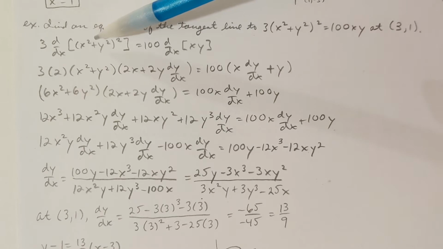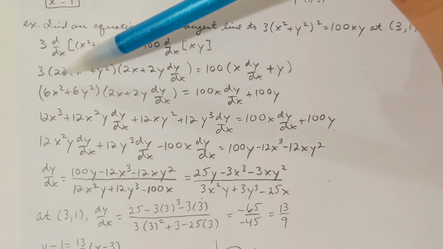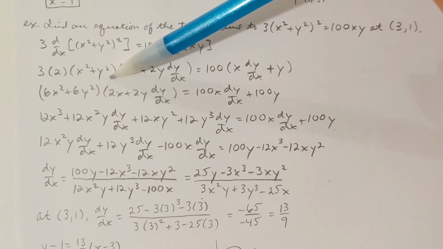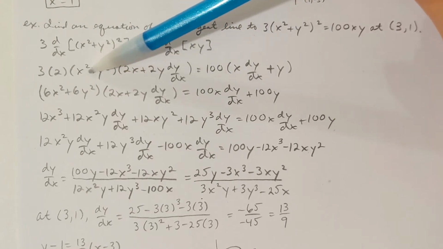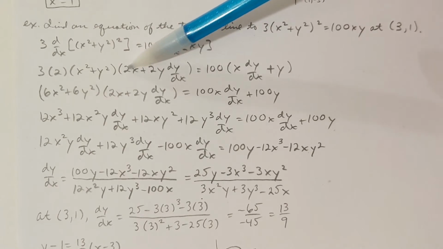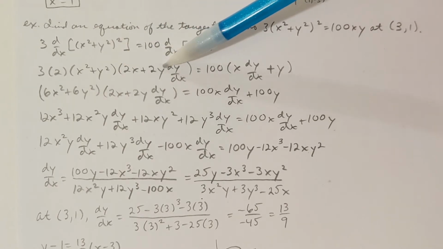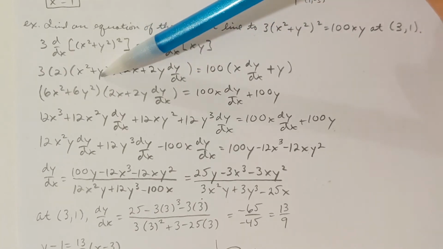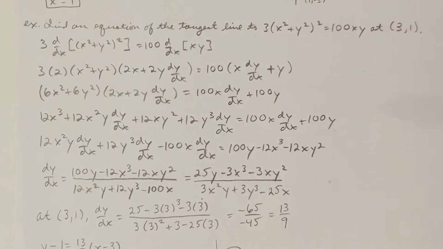On the left, when you differentiate (x squared plus y squared) squared, that would be a chain rule. So I'm going to think of this as if it were just x squared. Bring the power down, reduce the power by 1. You're leaving x squared plus y squared as is, but now you've got to finish the chain rule, right? You've got to multiply by the derivative of x squared plus y squared. The derivative of x squared is 2x, the derivative of y squared is 2y, and then dy/dx, since I just differentiated a term involving y, I want to make sure that I have that there, equals,